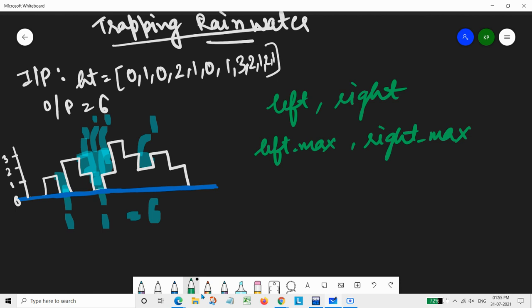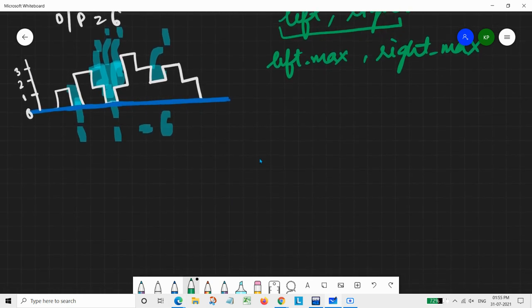But we would be doing this using these two pointers as the overall covering, and then using left max and right max to help these left and right pointers. So now, how would we approach this problem? Our left and left max will be handling the cases towards the left, and the right and right max will be handling the cases towards the right. So let's first jot down what possible cases there could be.